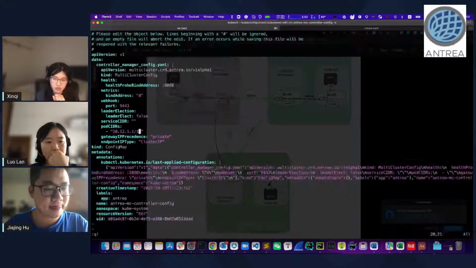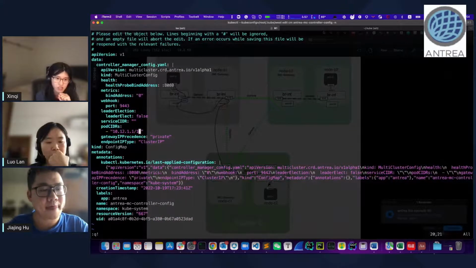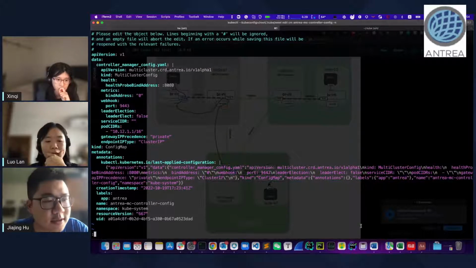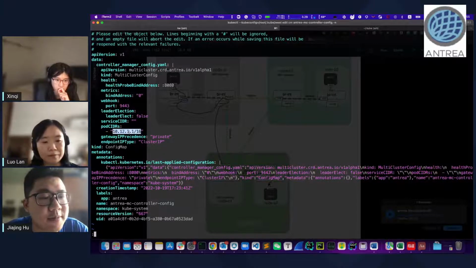And we set up this configuration in the Antrea multi-cluster controller. So are you saying that if I create a pod, the IP of this pod comes from the Antrea multi-cluster controller? You mean this pod CIDR is controlled by the multi-cluster controller? Actually, this CIDR